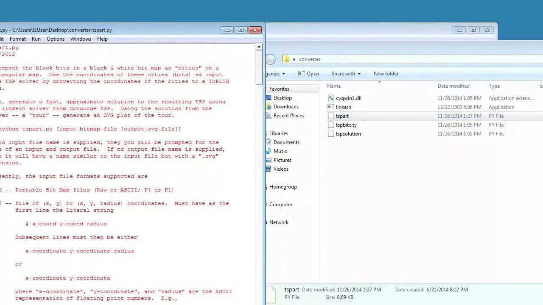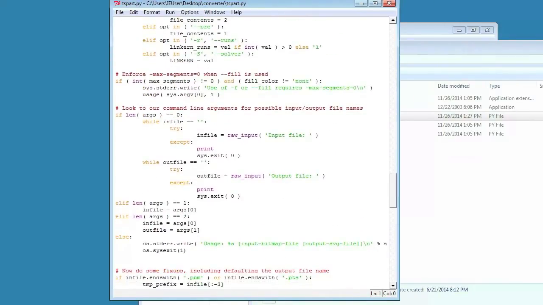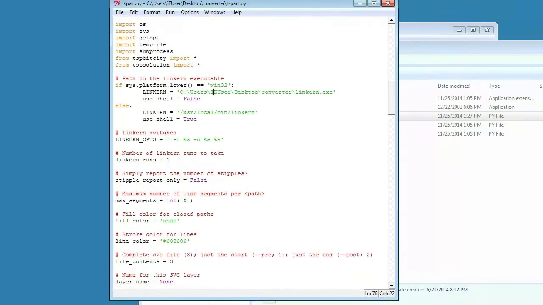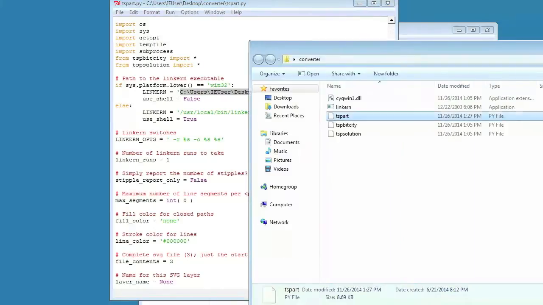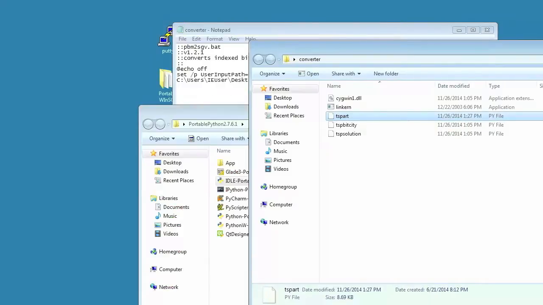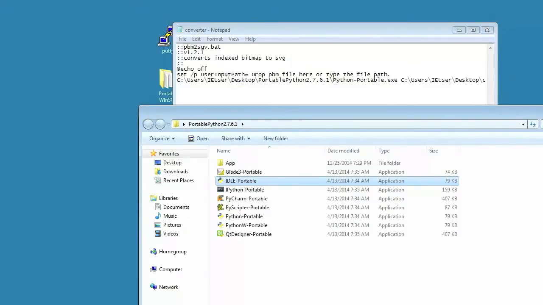And if you go down to line, I believe it's 76 or 72, your line number is down here in the bottom right corner. Right here. So 76, you're going to replace this with the path to your linker exe, which should be in the same folder as the TS part file. And then you're going to change this, which is about 40 million to begin with, to 0. And if you just save that, you can close all of this.